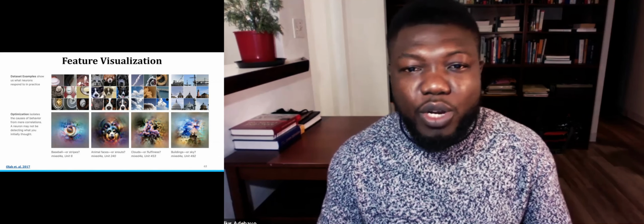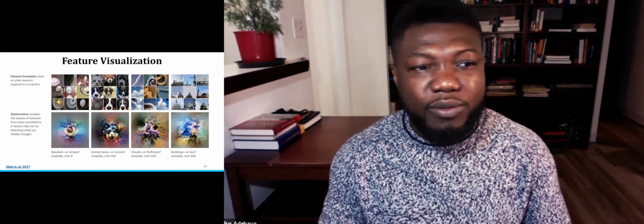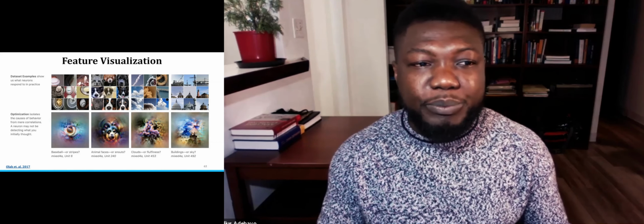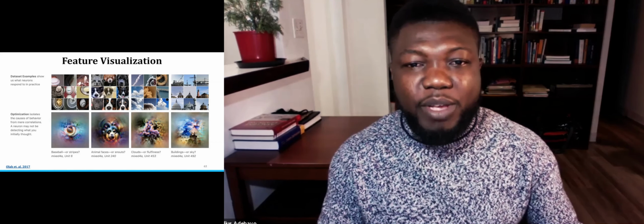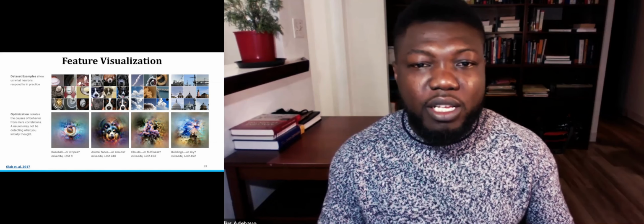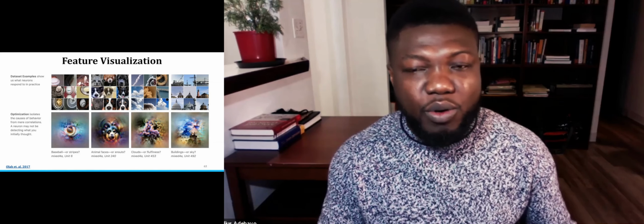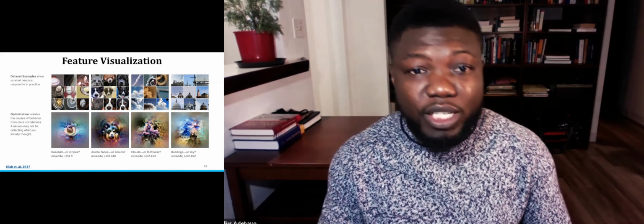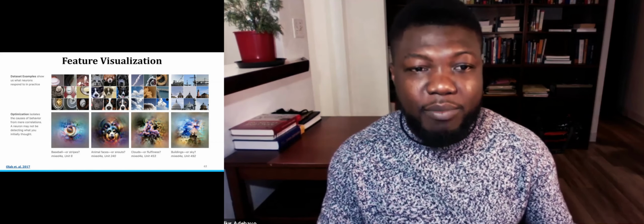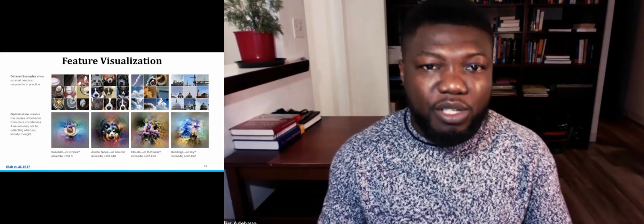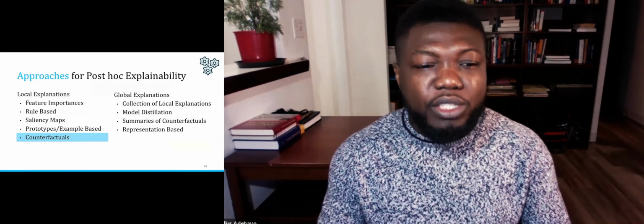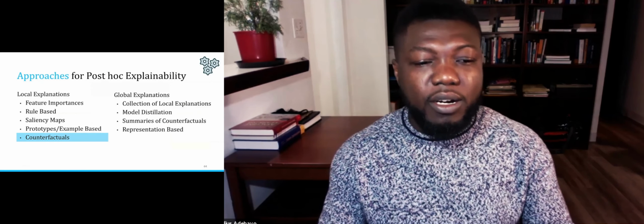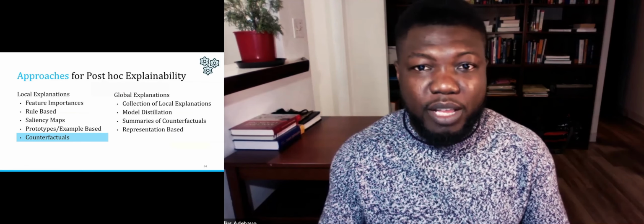And so here we're showing an example of these 2 approaches. In the first row, examples of natural images that maximize a neuron in Inception. And the second row, an optimization process due to Olah et al. in 2017 that synthesized examples that actually maximize a particular neuron. And so with this discussion, we end our overview of prototype examples.